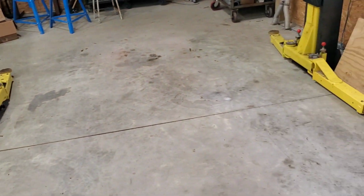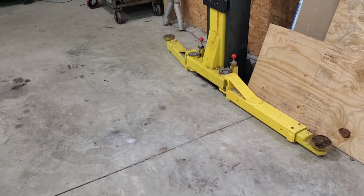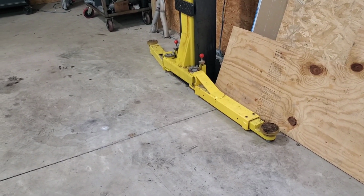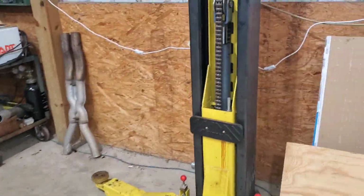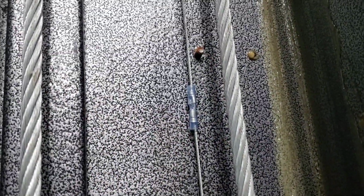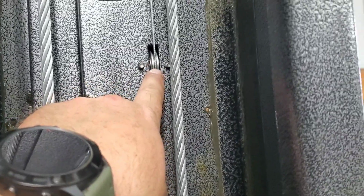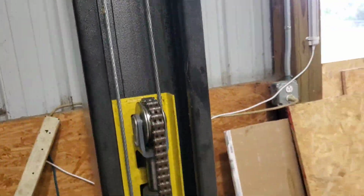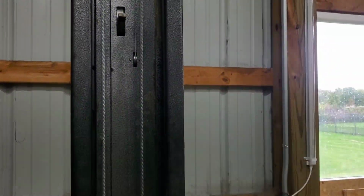I've had it since 2019, and for the most part, it's been pretty good. I haven't really had any real issues with it. This cable here is temporarily spliced right there with a wire. That's just for the lock to move this up, because after time on the other side here, those tend to fray a little bit. This is like 1/16 cable. They tend to fray a little bit, and then it loosens up, and then